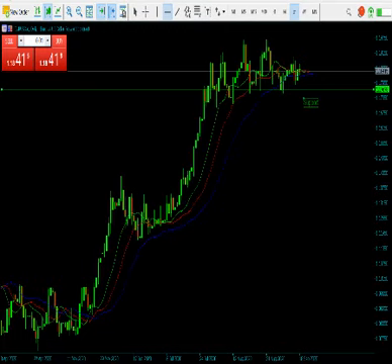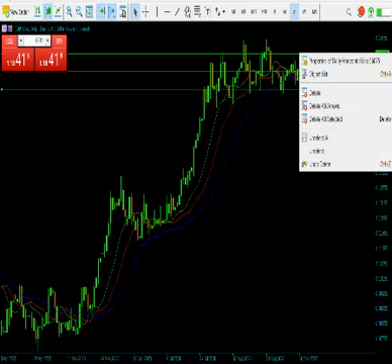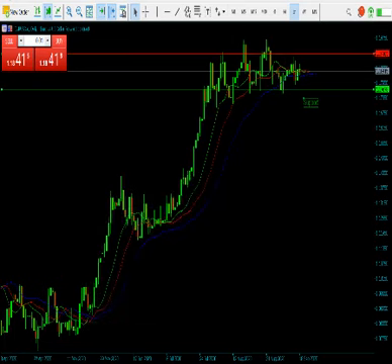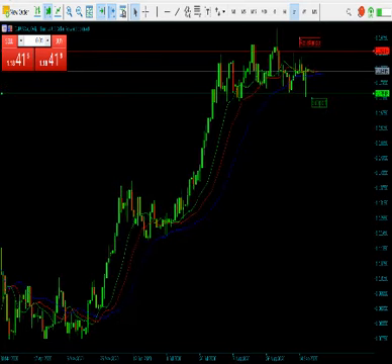And we also can see a resistance level, so we can just draw a line. And for your convenience, you can change all the settings by right-clicking and choosing properties. So you can choose the exact color you're interested in, and in our case, that would be resistance. We also can find that